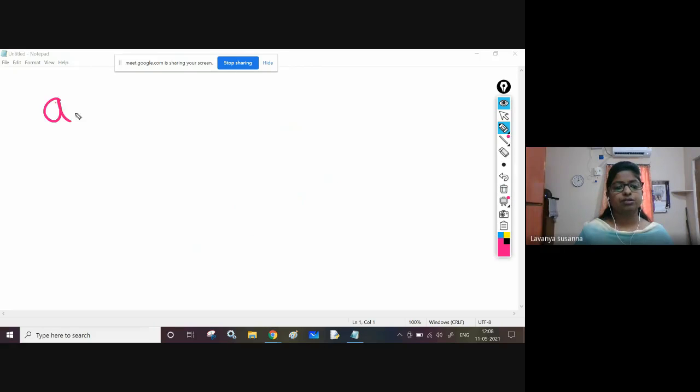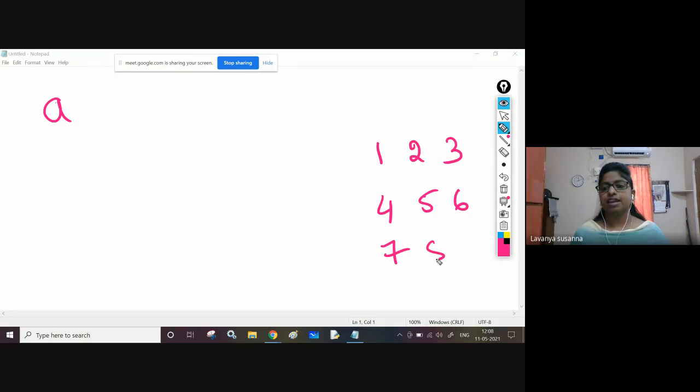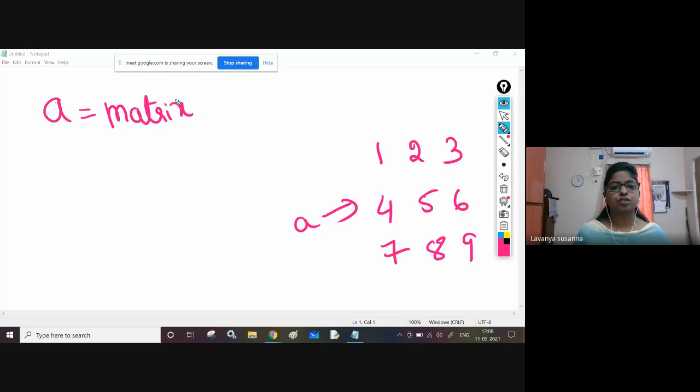A equal to, see, this is a matrix. I want to create the matrix like this: 1, 2, 3, 4, 5, 6, 7, 8, 9. This is matrix A. Now, to create this matrix, A equal to matrix of, give a string, double quotes or single quotes. Just like a string, I am using double quotes or single quotes.